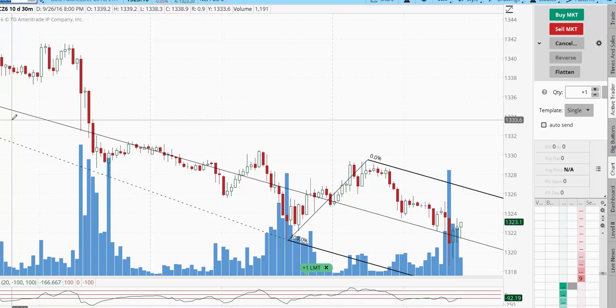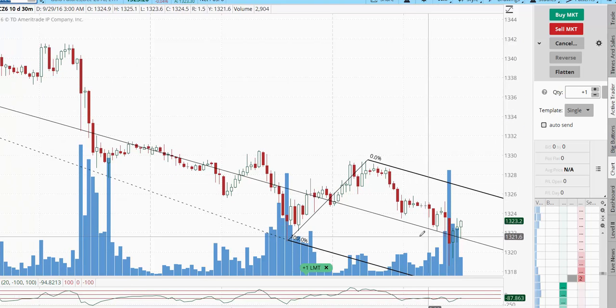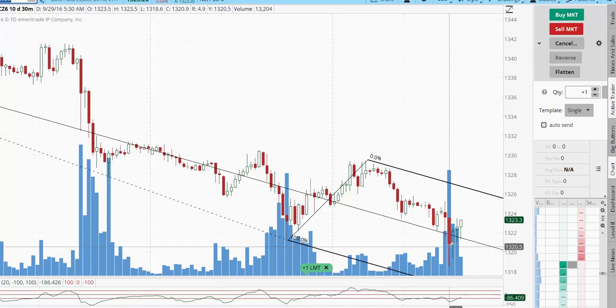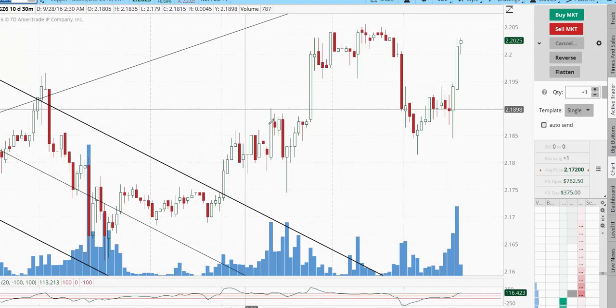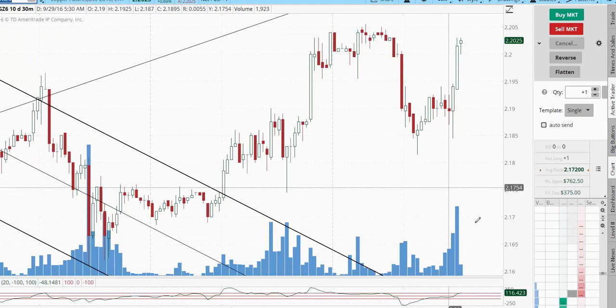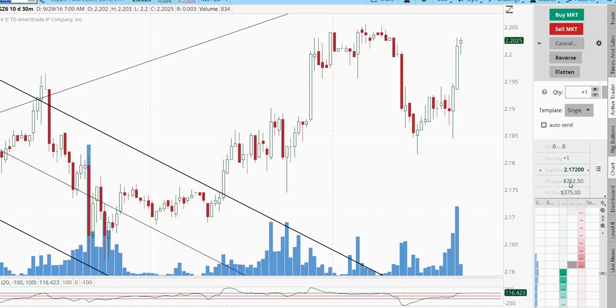Gold. Gold looks like it's still coming down. Remember, this is a 30-minute chart, and so I wouldn't be surprised if gold went a little bit lower, just a tad before we get to see some strong upside action. Copper. Copper's been acting really nice, as you can see here. Wound up going long this one several days ago. Today it's only up $300 to $400 per contract, but it's doing rather nicely. So looking for more time for this to move to the upside.